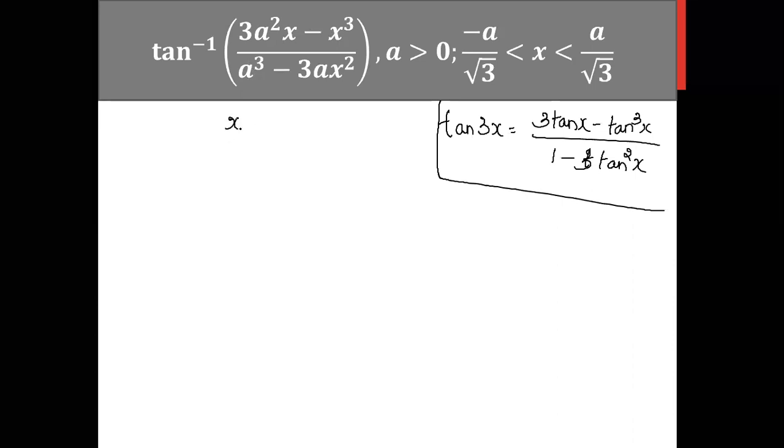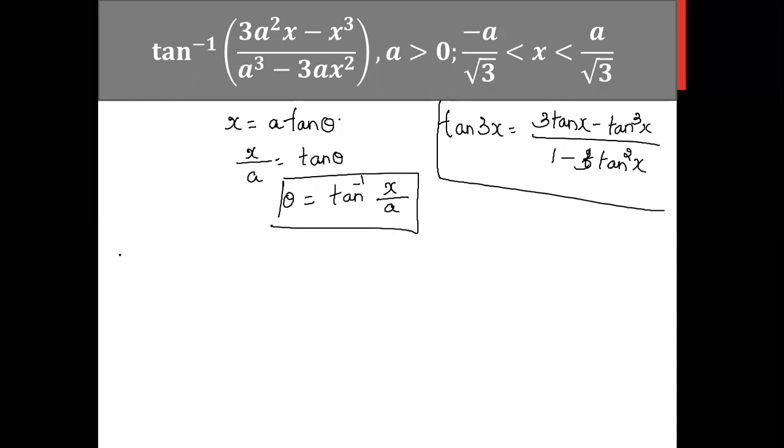So what do we have to give as substitution? What will be the substitution here? x is equal to a tan theta. Good, Vaishnavi. It is x is equal to a tan theta. So if you give x is equal to a tan theta, what will be your further answers? You just check. Again, you have to take a to the other side. So it becomes x by a is equal to tan theta. Okay, so theta is equal to tan inverse of x by a.